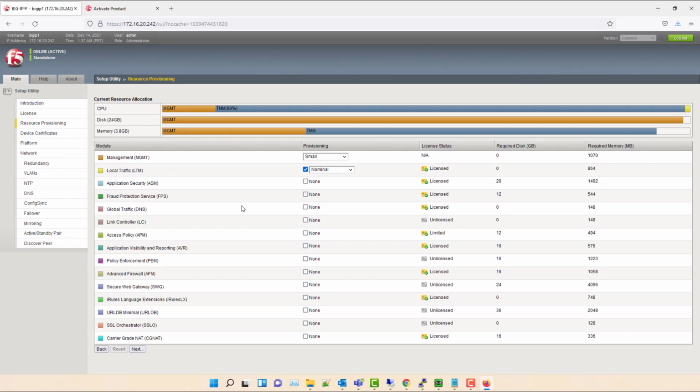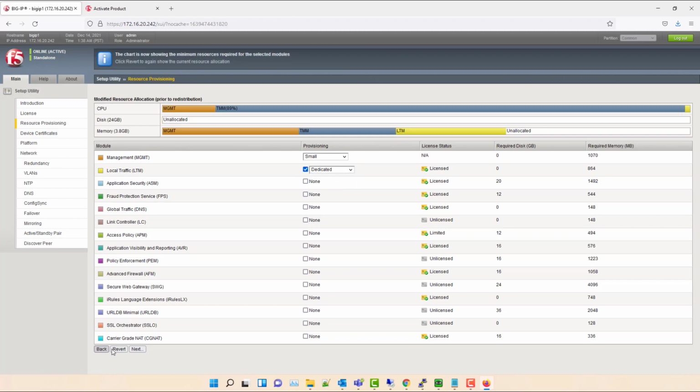In this section you can see the F5 modules and also the license details for each module. From here you can enable, disable and define the resources for each module as per the requirement. I am going to dedicate this device for the LTM module only. Select the Dedicate option from the drop-down menu for provisioning of the LTM module. It will assign more CPU and memory to the LTM module.